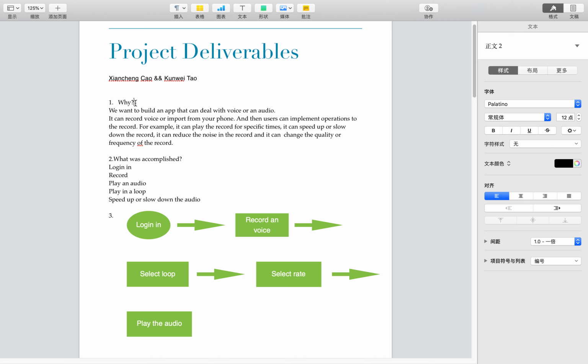First of all, why do we do this project? At the very beginning, we wanted to build an app that can deal with voice or audio. It can record voice or import from your phone, and then we can apply operations to the recording. For example, it can play the recording a specific number of times, speed up or slow down the recording, and reduce the white noise in the recording. We also want it to change the quality or the